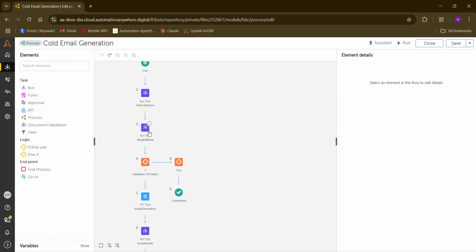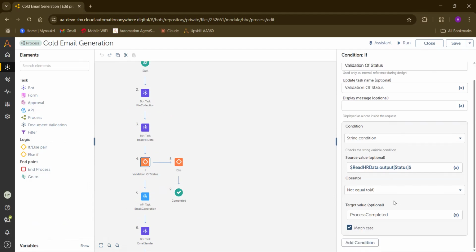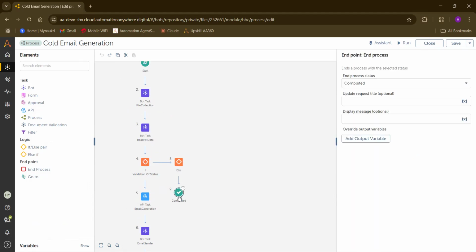If the second record is empty, it will note that the second record is not available and add the status of process completed in the reading HR data. So it will directly come to process completed. The bot will automatically stop the process once all the records are completed.